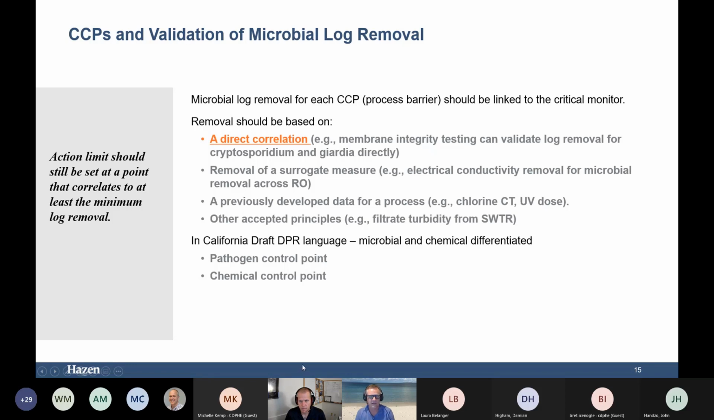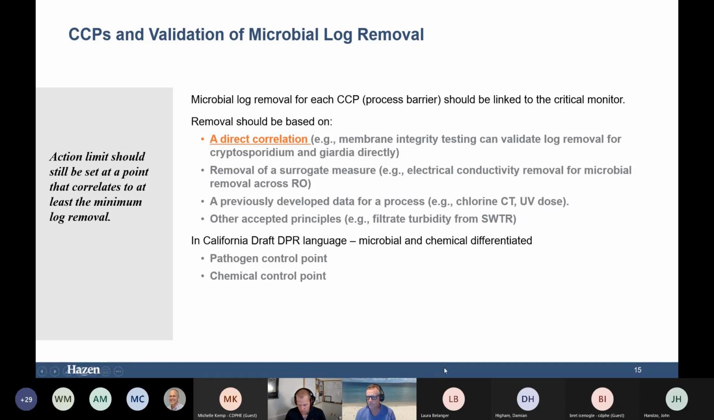I used the example of reverse osmosis earlier, where we don't really have a direct correlation that we're getting the full log removal, but we get at least some minimum based on conductivity analysis or maybe TOC analysis that might give us a log or two. So we know that the system's working effectively, at least to that level. We know from other experience that we can get at least that log removal from that level, but